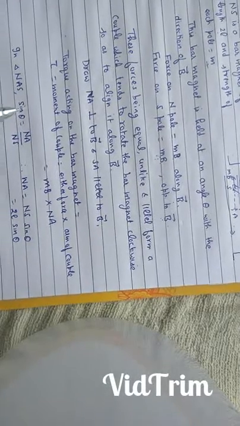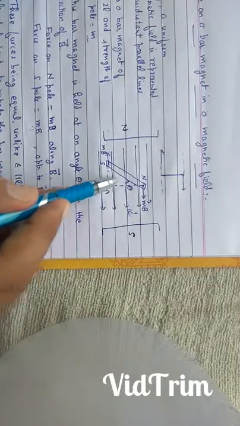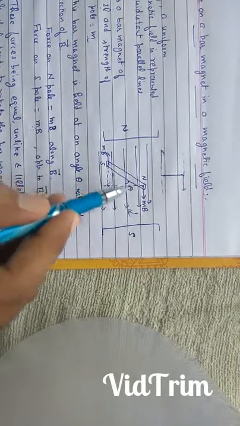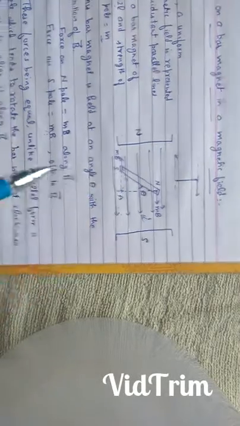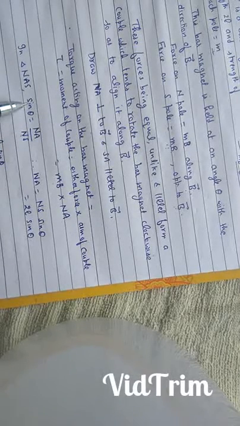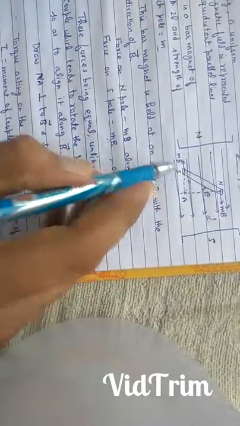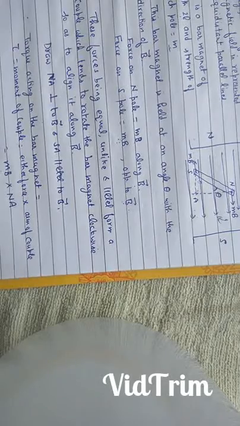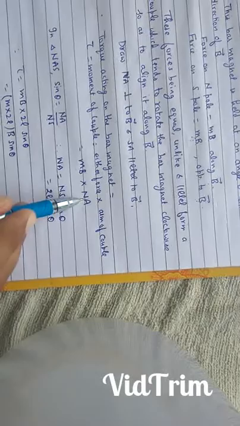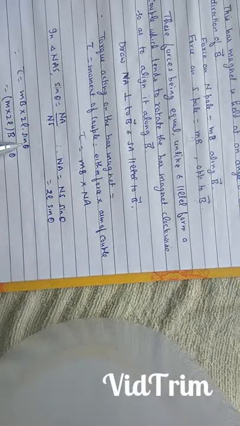In triangle NAS, sin theta is equal to NA upon NS. Inside this triangle, this angle is theta, so this will also be theta, corresponding angle. Sin theta is perpendicular upon hypotenuse. Perpendicular is NA, and hypotenuse is NS. Therefore sin theta is equal to NA upon NS. Taking NS to the other side, NS sin theta is equal to NA. Now NS is equal to 2L, magnetic length. Therefore this is equal to 2L sin theta. In place of NA, now we will put 2L sin theta. Therefore torque is equal to MB into 2L sin theta.